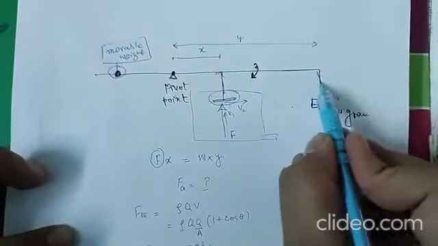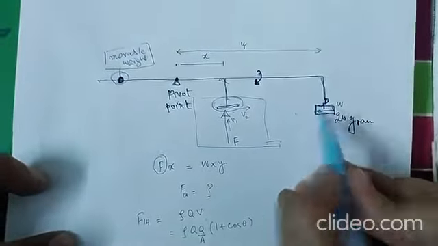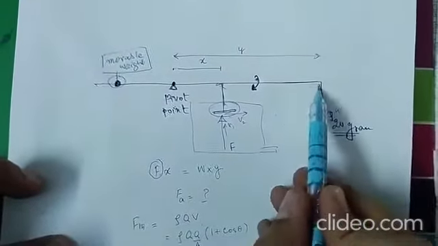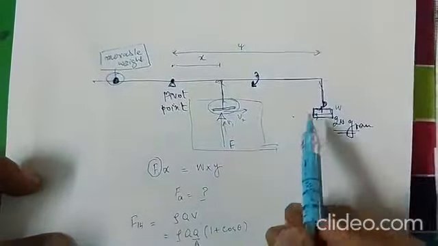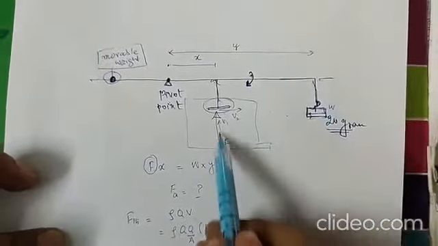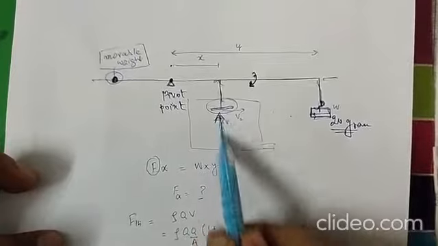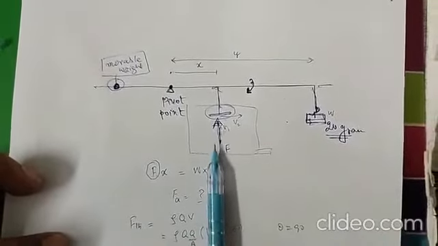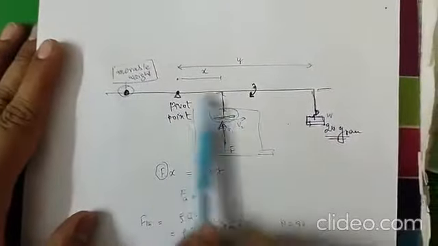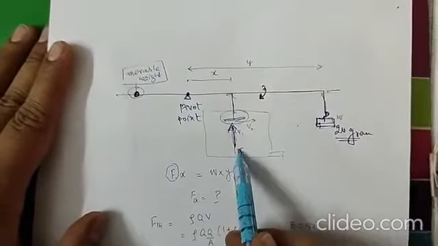Now we have hung one weight here. Initially the weight is say 20 gram. After hanging this 20 gram weight, this lever has come down. So what we are doing is again making this lever go into the balance position by using the impact of the jet. Since this jet will impact, it will provide some force. Dynamic force will lead to the balancing of this lever. So this concept only we are using.